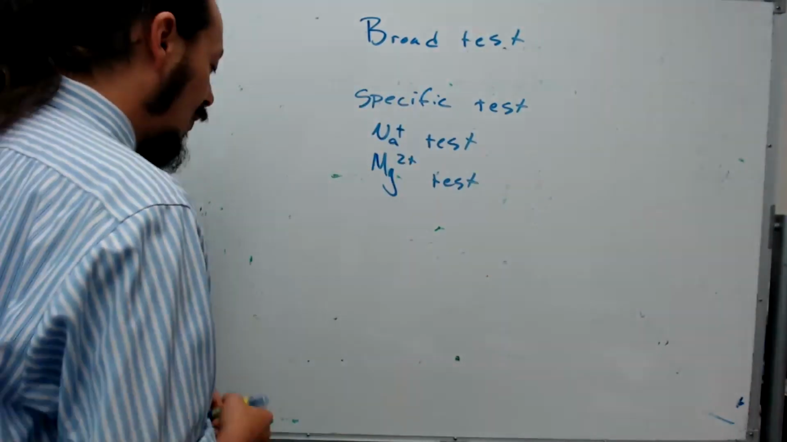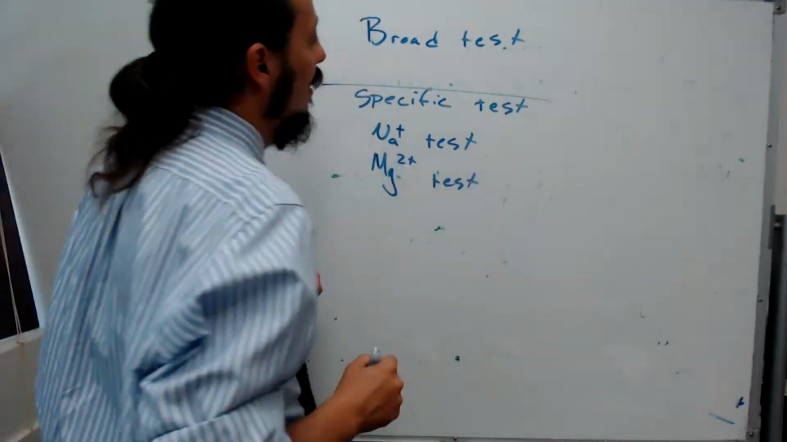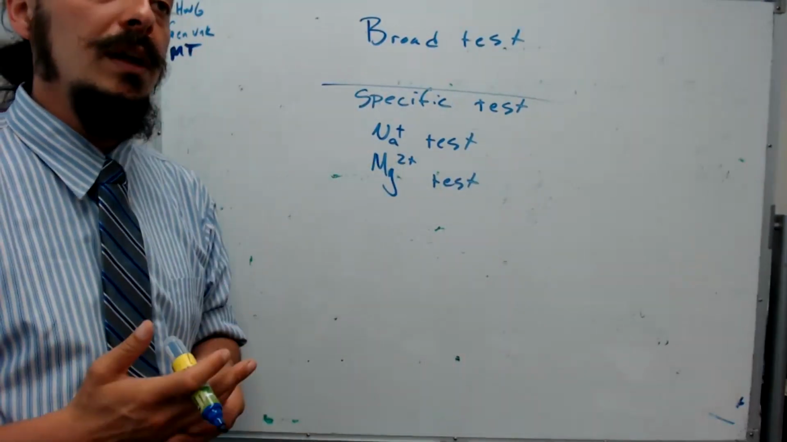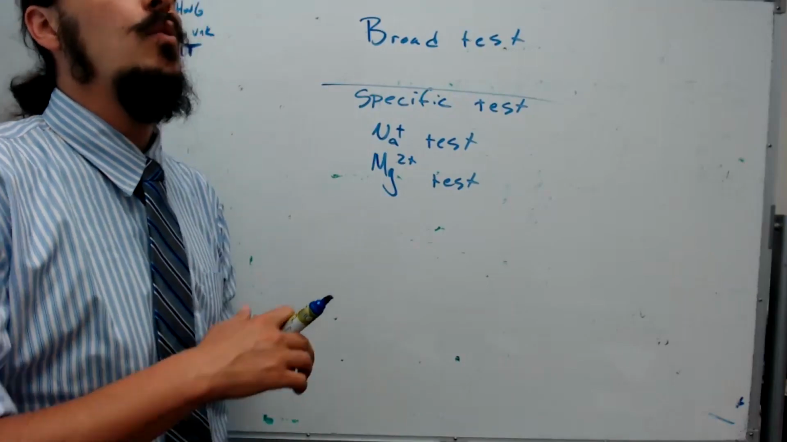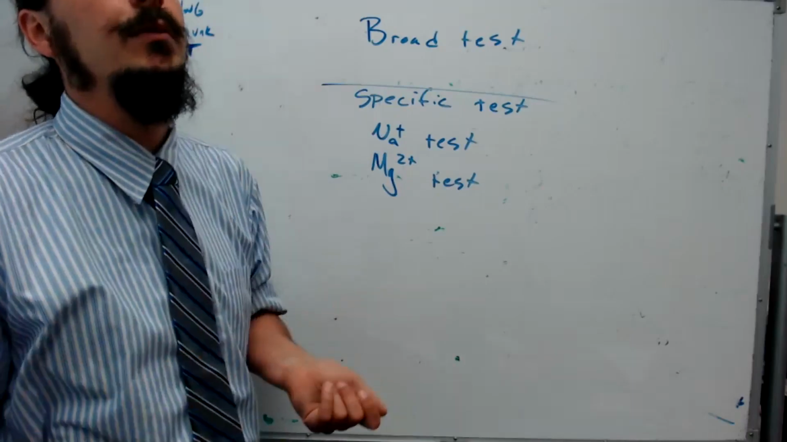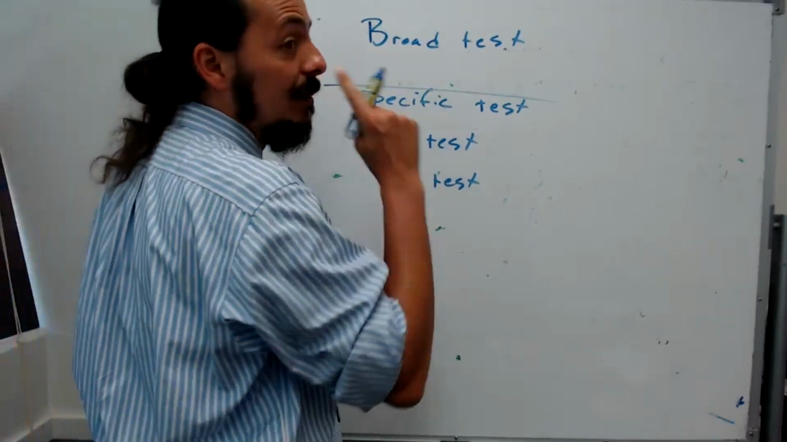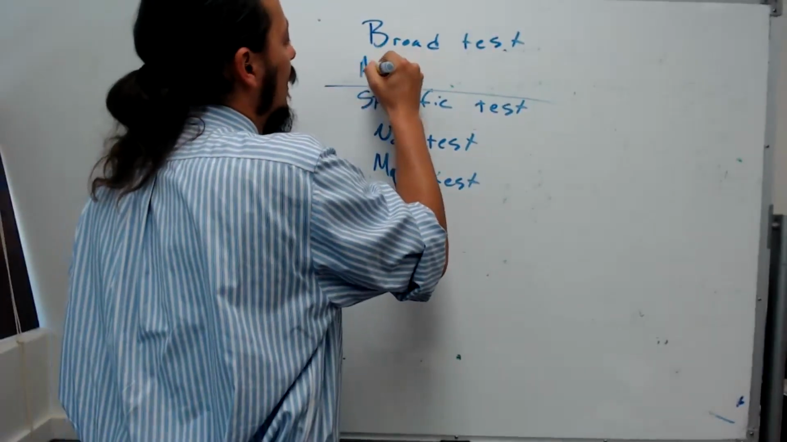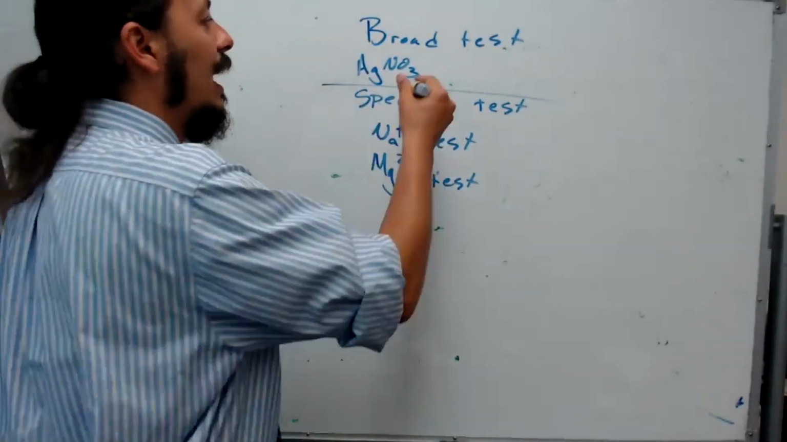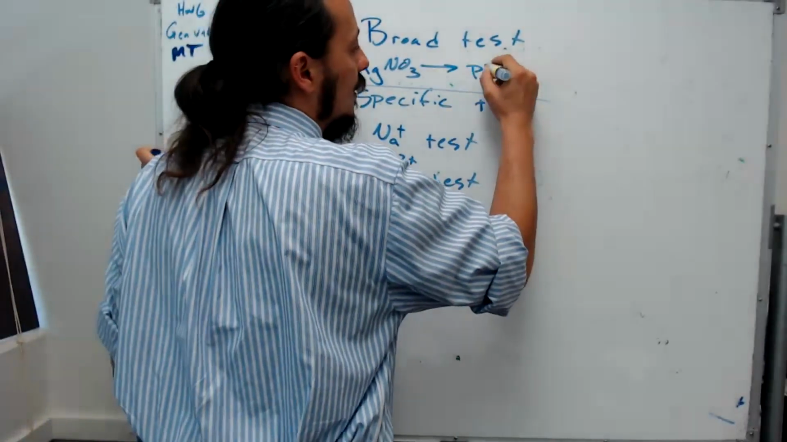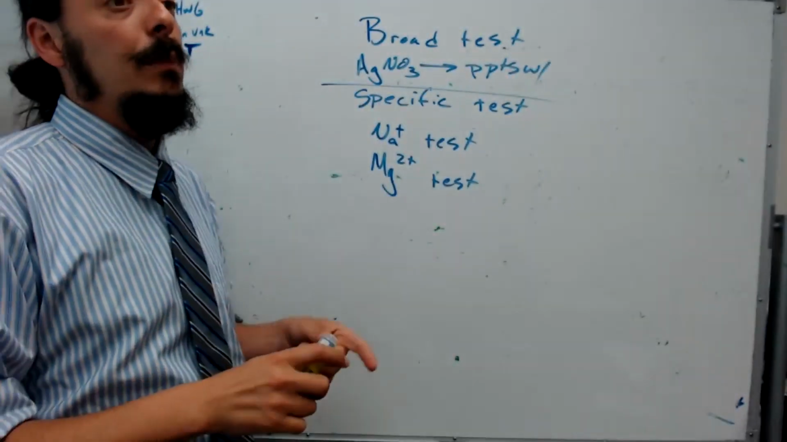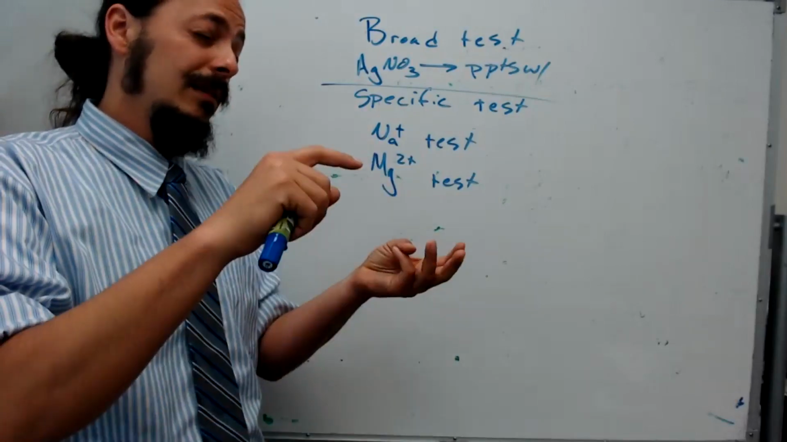Now we can go ahead and think about broad tests. The broad tests are a little bit more difficult to think about because we have to think about where did I use this reagent multiple times, or how did this one reagent respond to multiple different things. So the example that I have on that slide is AgNO3, silver nitrate. It precipitates with several things. It precipitates with chloride, bromide, iodide,